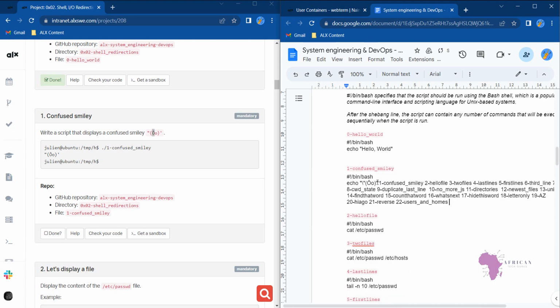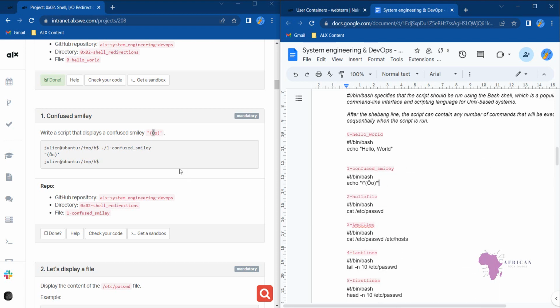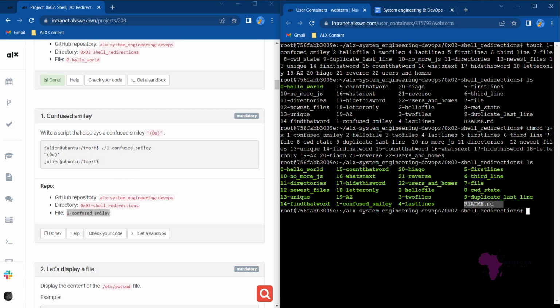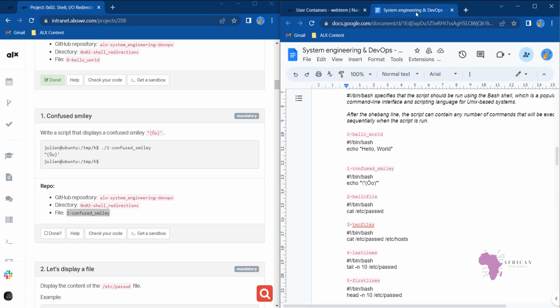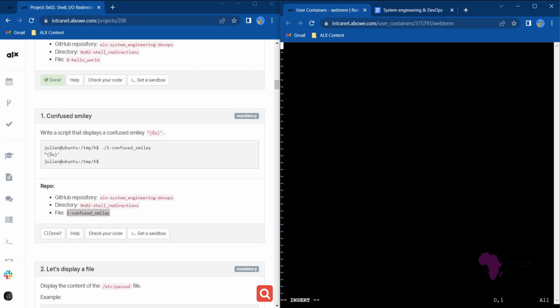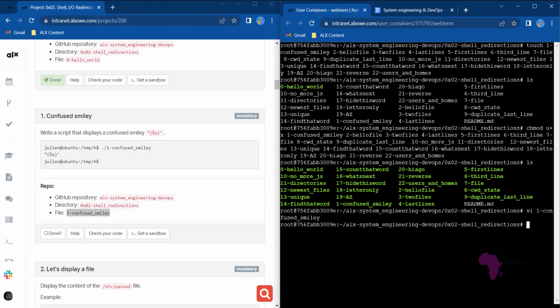So we are going to copy this file name. Get here, say vi and paste. That will bring us into this, and then we press i. After we have pressed i, we copy, and once we have copied, we paste the answer there. Now we escape and save and quit. Now we can add this to GitHub,